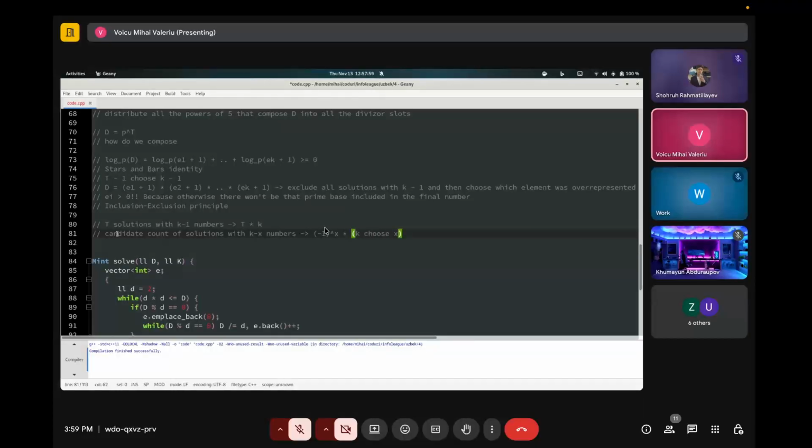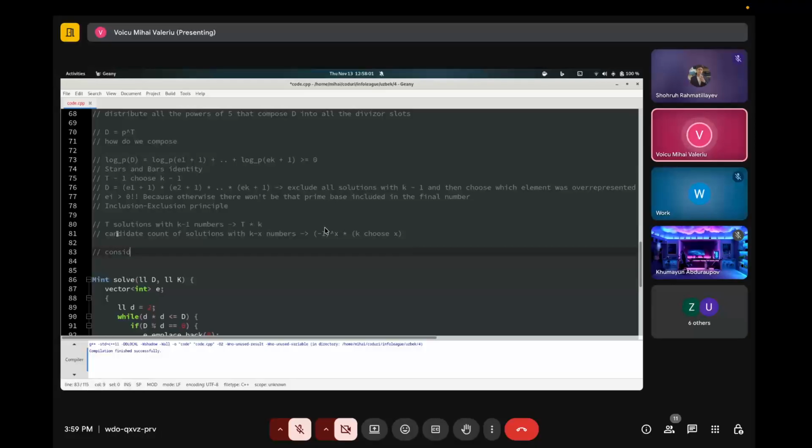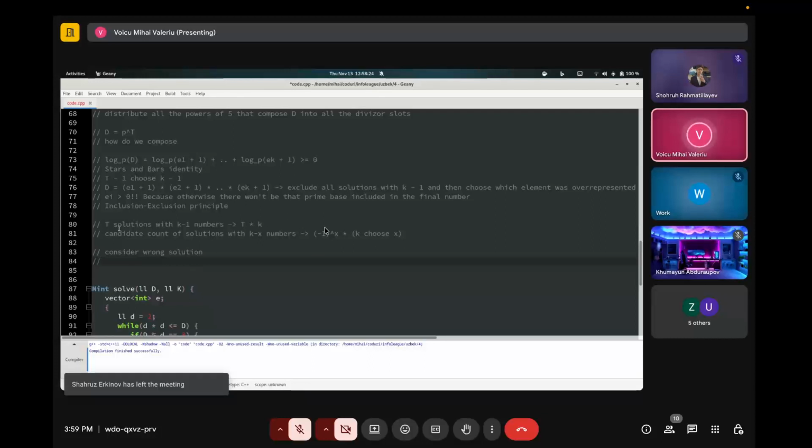And this is because consider a wrong solution, then the number of times it will be represented, I think... wait, am I wrong actually? No, I'm not. The number of times it will be represented in